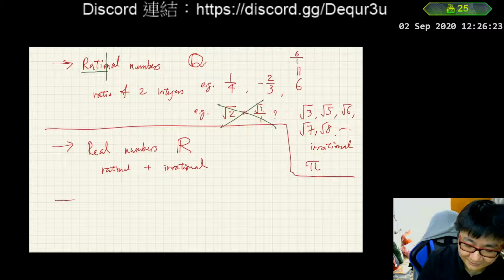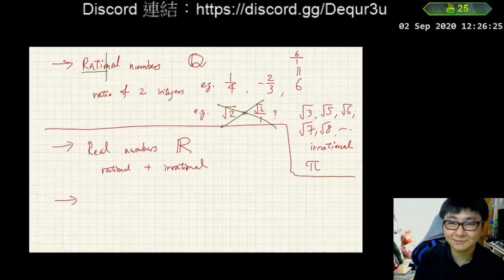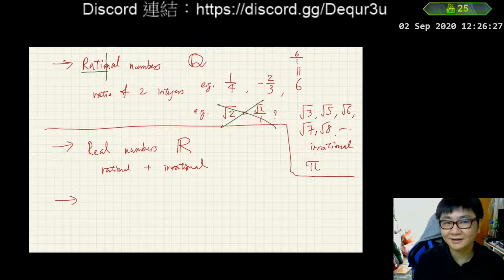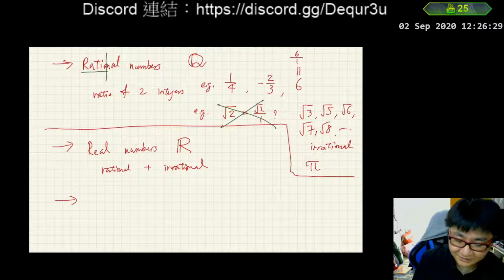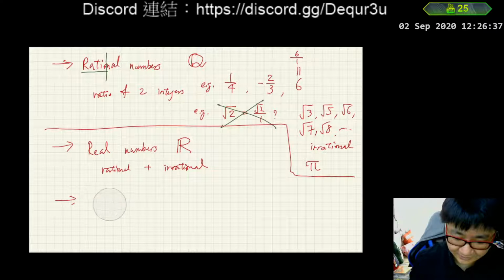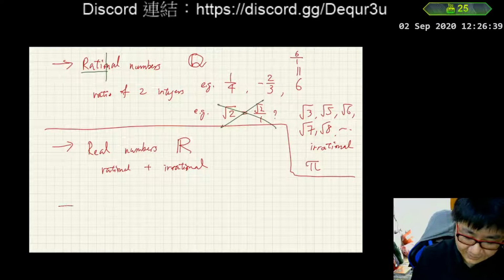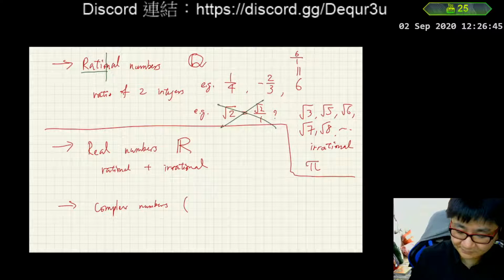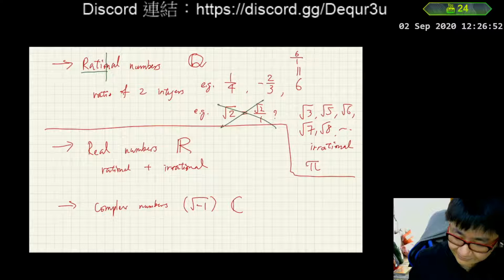And then a little later in our compulsory part, we will also learn a new kind of number, which comes after real numbers. I just say the name here. I don't want to talk more about it because later we will talk about it in the compulsory part. Later we will learn a new kind of number, the complex numbers. A complex number is something related to the square root of -1. And for the set symbol, we use a C for complex numbers.